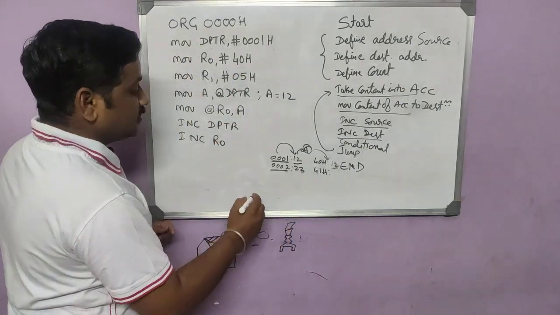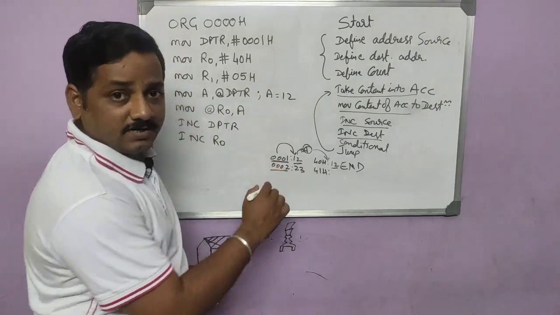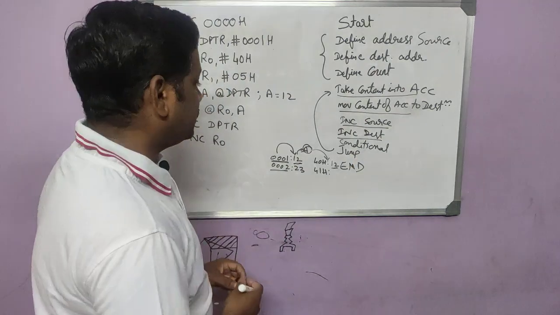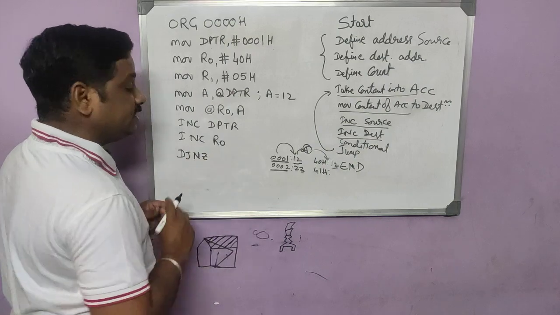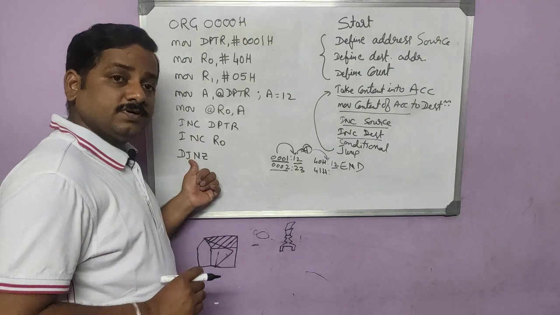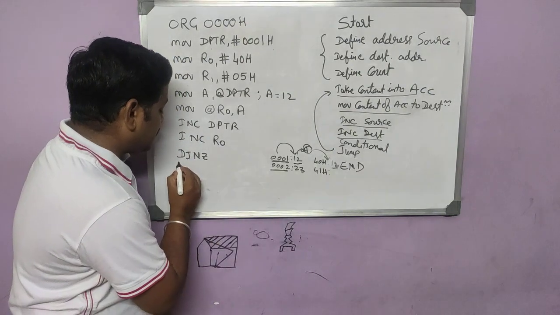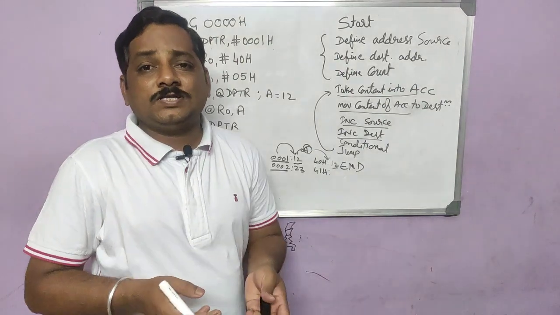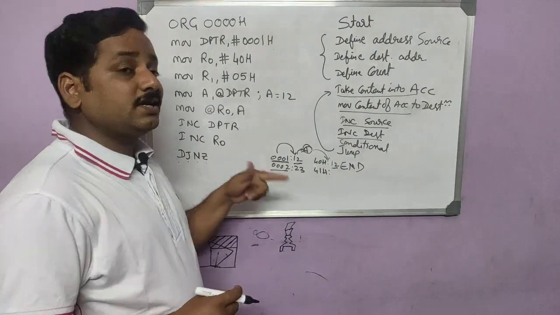Okay. Then you need to jump back so that the same process has to be repeated. But you need to put one conditional jump. Conditional jump, that is DJNZ. It stands for decrement and jump if not 0. I repeat, decrement and jump if not 0. If not 0, what should it check? It will check the register. What to write after this?